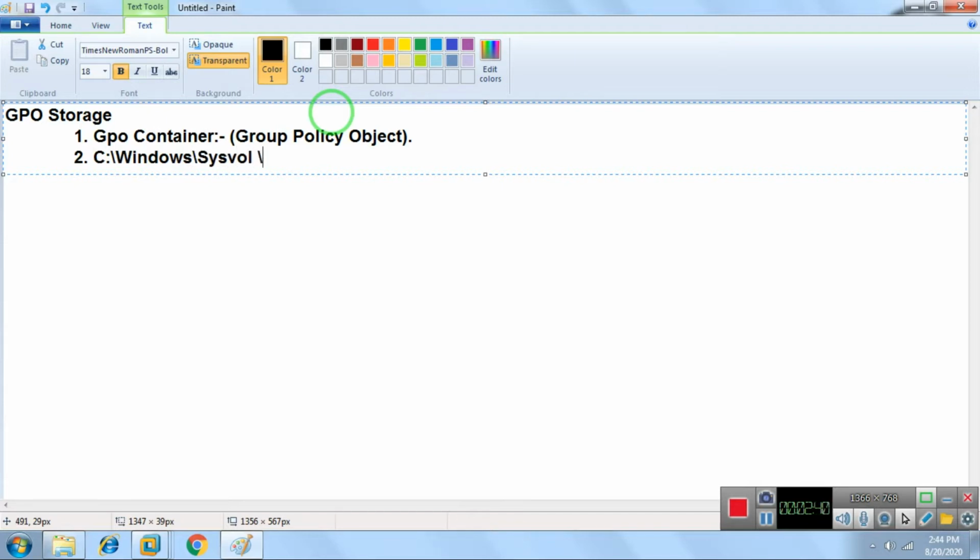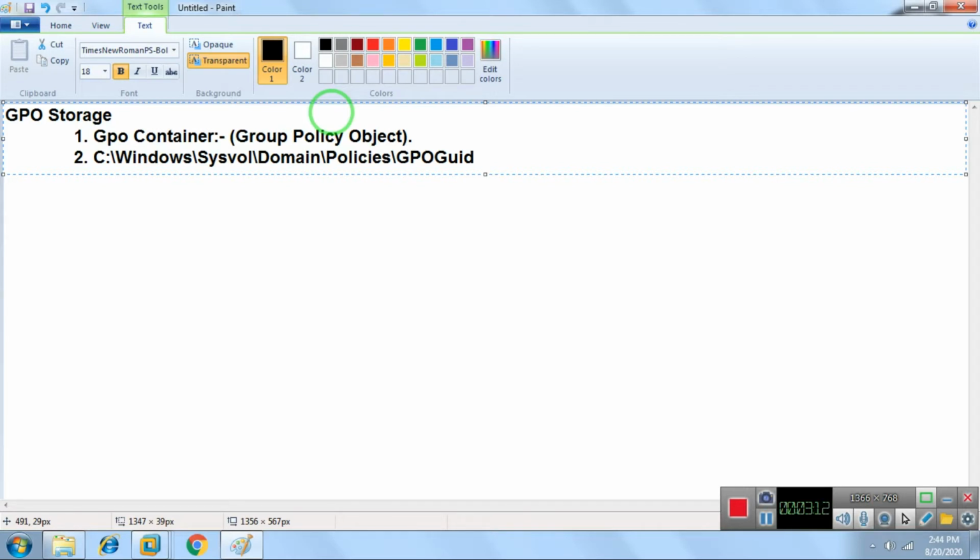In sysvol we have the domain folder, and in domain we have the policies folder. In policies we have the GPO GUID, because every GPO has a unique ID, known as the GPO GUID. This is the path where a GPO is saved by default, in the sysvol folder.